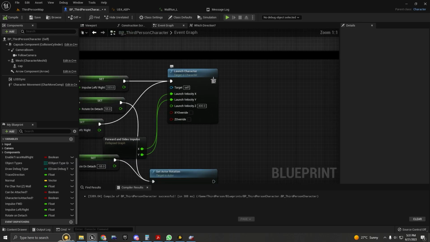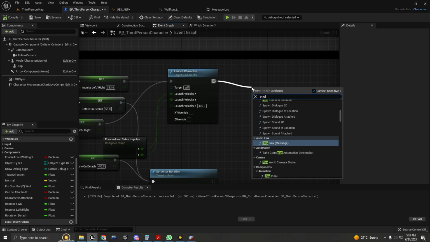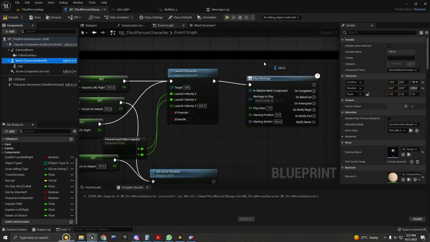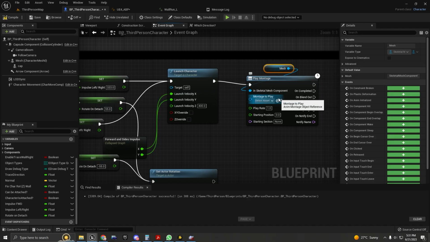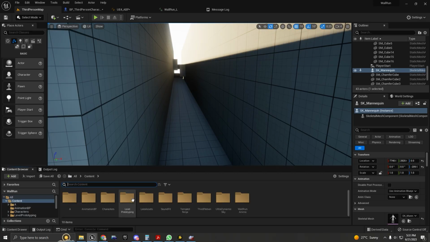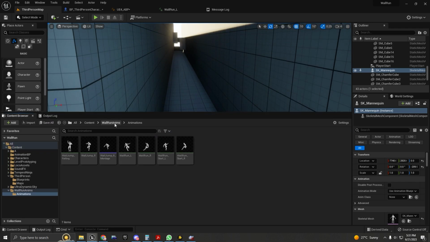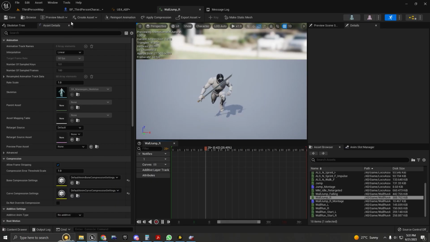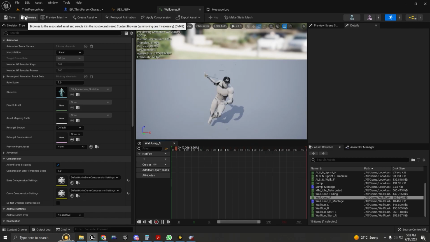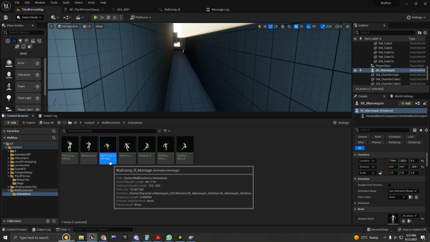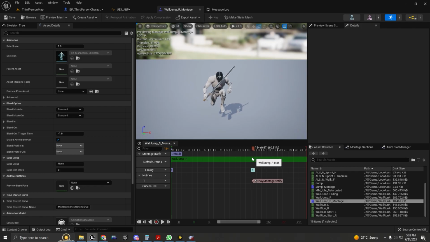Now, out of launch character, I'm going to play montage. And this montage is going to have an animation notify window on it. So if I go here on more on animations, I've created an animation montage out of the wall jump R, which is this animation asset right here. And I have just created an animation montage. You can create yours too. I double click on here, and as you can see,